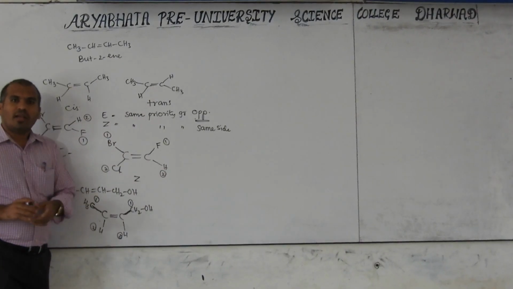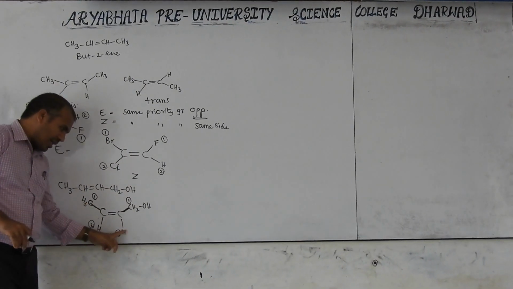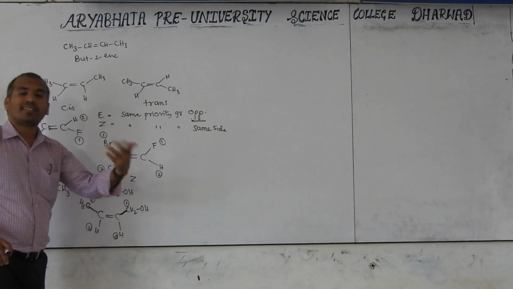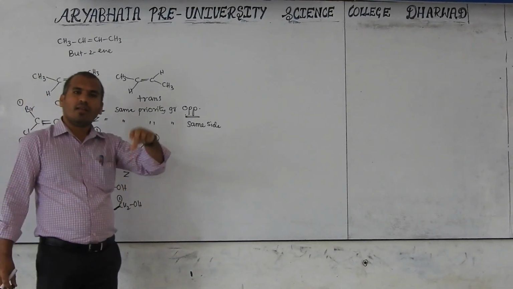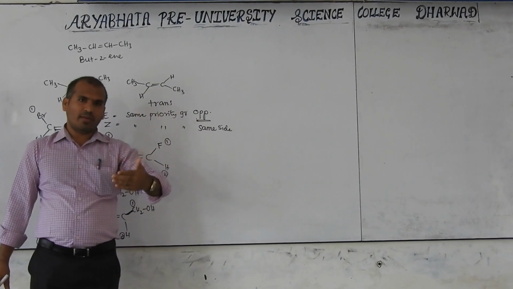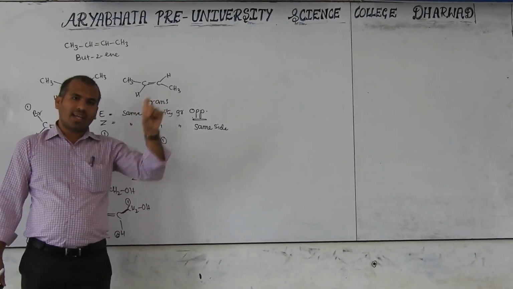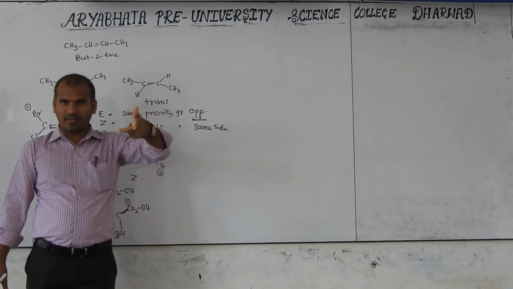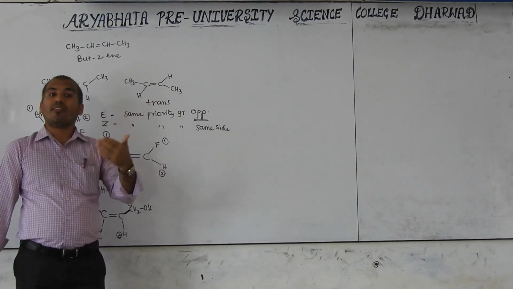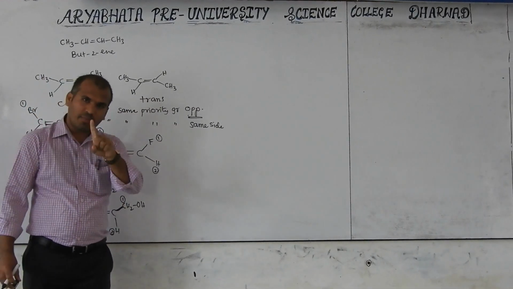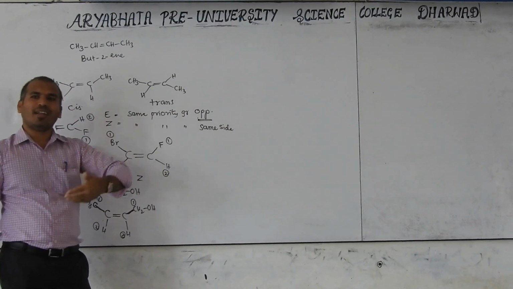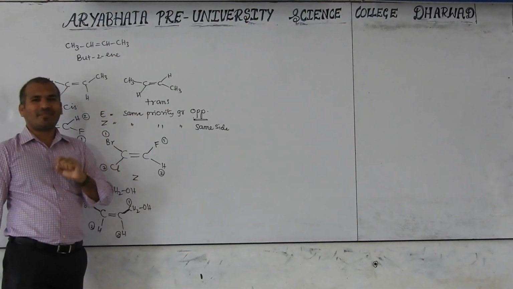That is next. If it is matched, here also carbon, here also carbon, then you have to go for the next item. Like in your mobile, all names are filled in alphabetical order. If A is the same, it goes for the next letter. You know how to write names in alphabetical order. Same thing. If you don't know, just take your mobile and look at the contact list in alphabetical order.